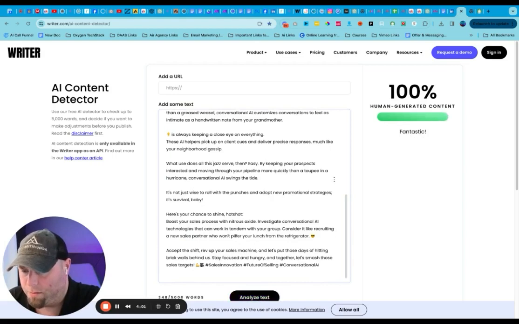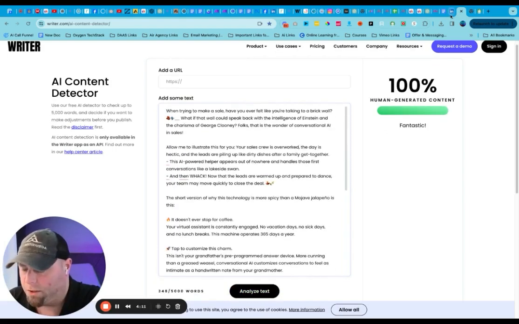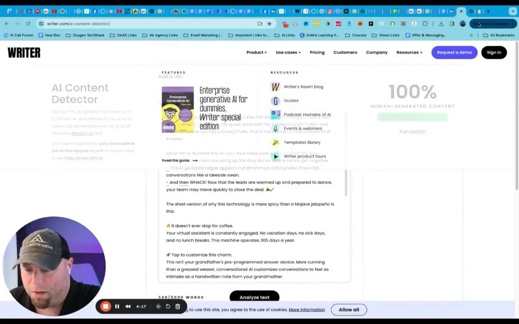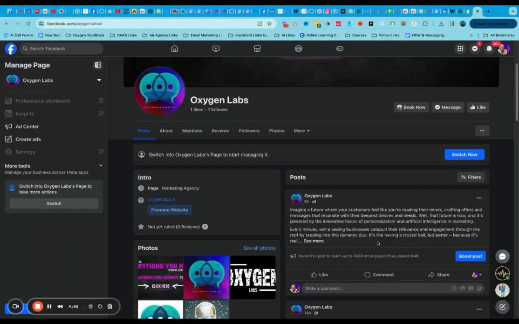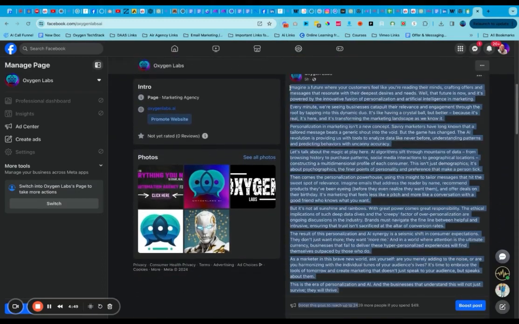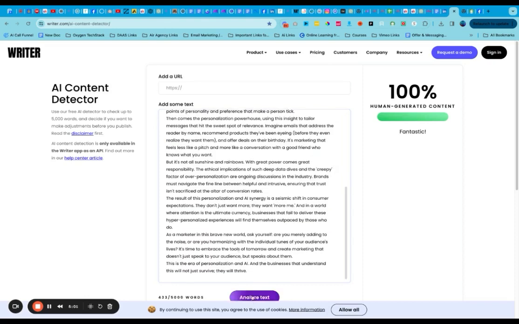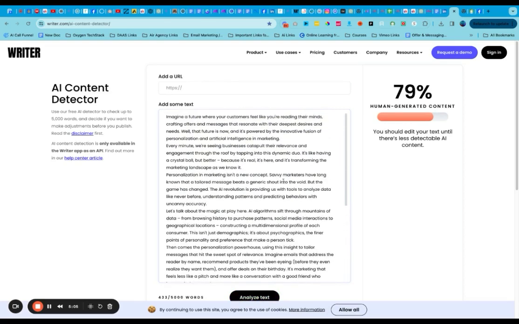Now it says it's 100%, right? So I actually have this going to Facebook as well, so it's generating different information over there. This was fully automated as well. It's a similar workflow, but off of a different prompt so that it's not the exact same information. But if we put that in and analyze that text, that's lower on the text scale.